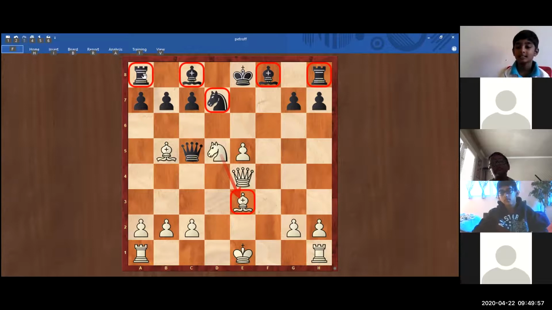It doesn't have any helpers. That's right. It's so sad that the queen is all by itself and the pieces which are supposed to be out are all sleeping inside, playing on the bench. This is the reason why you need to develop your pieces to the right square in the openings,